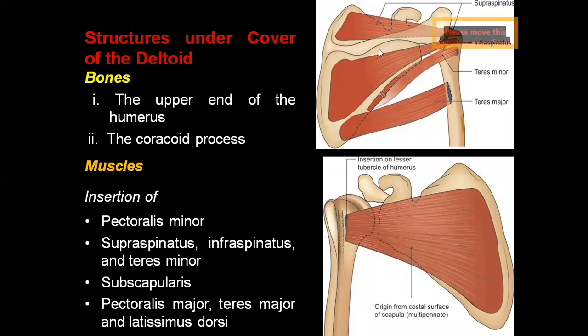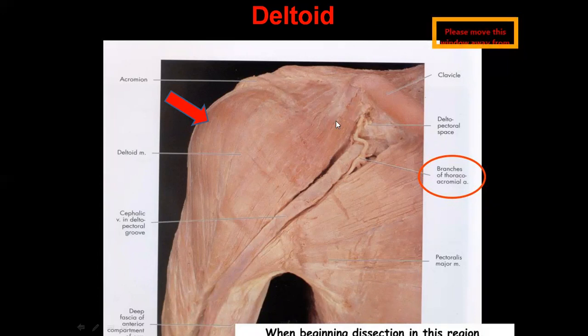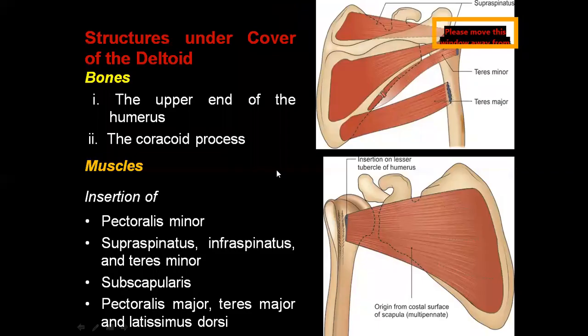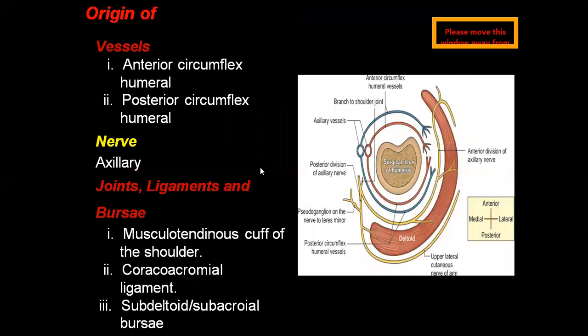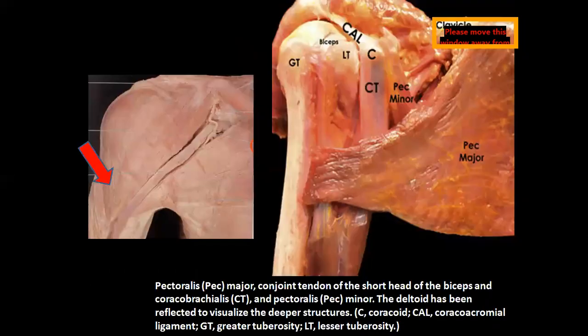Now, I told you it's one of the short notes for your final exam, university exam, and also for internals and part completions. You should know many other features. Once you cut and reflect this muscle, you will see many underlying structures. So, I will also show you one more picture how it looks. See, this is our deltoid muscle.